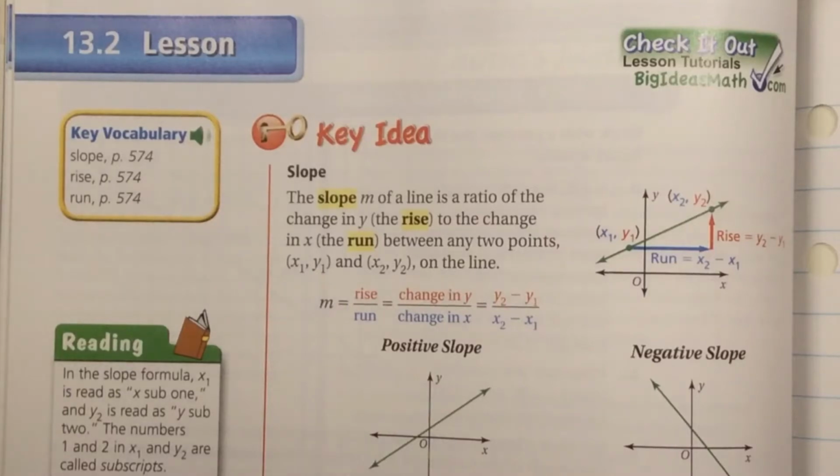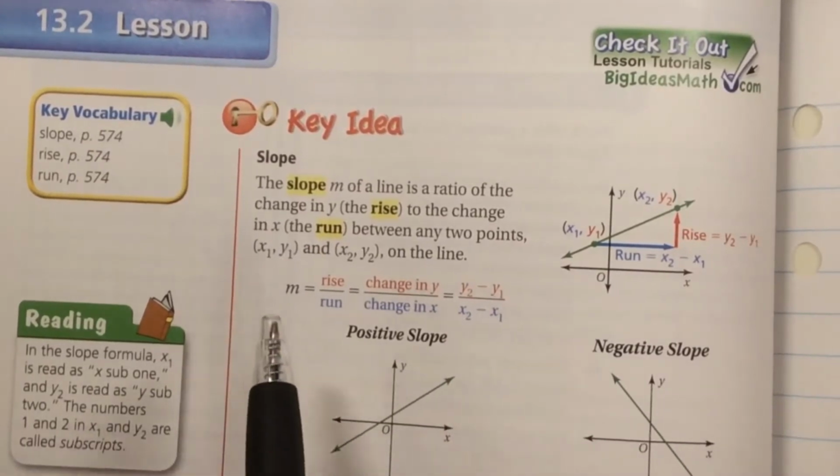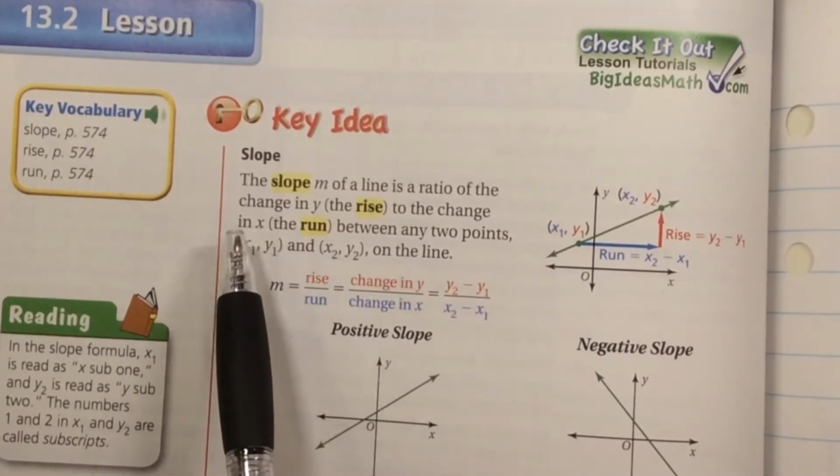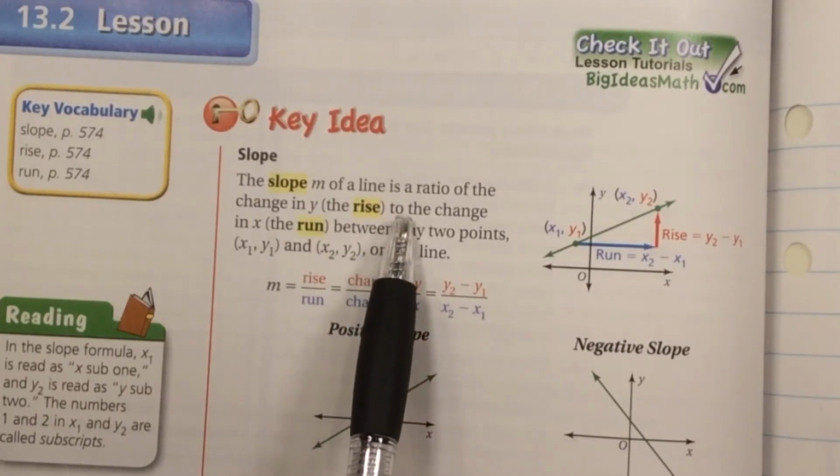Hey, this is lesson 13.2. We're talking about slope. If you'll recall earlier this year, we also talked about slope. So this should be a lot of review, just a couple of new things. So slope, the key idea, the slope m, we use m for slope, of a line is a ratio